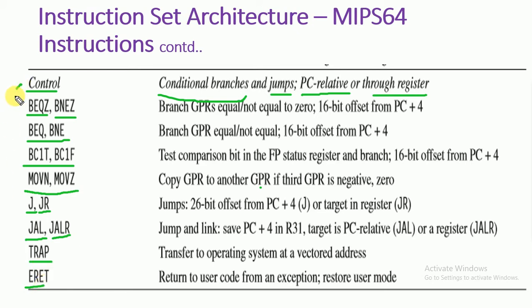So these are different branchings for a program from one location to another location according to some condition. Most of the conditions are checked based on the value present in the register. So the register content will be evaluated and accordingly the control will move towards some other location of the system. So control instructions are used for changing the current address, meaning moving from one address to another address according to the program requirement.